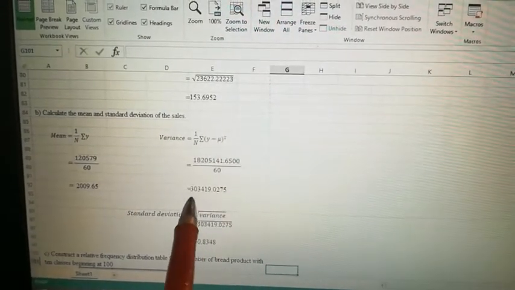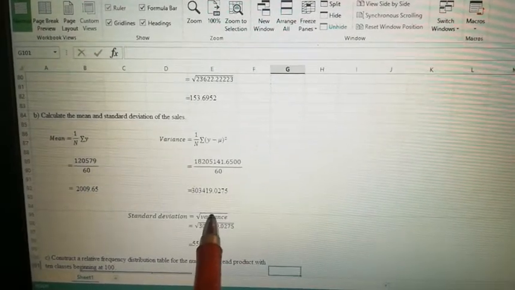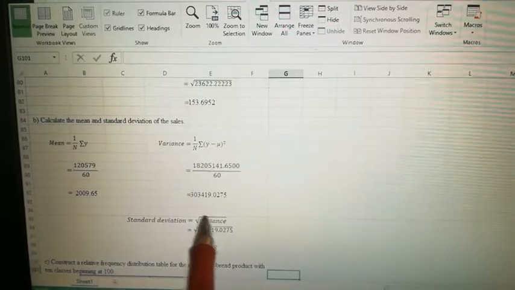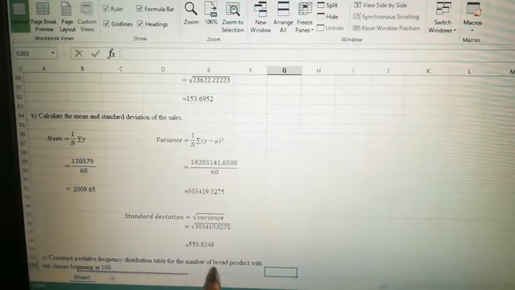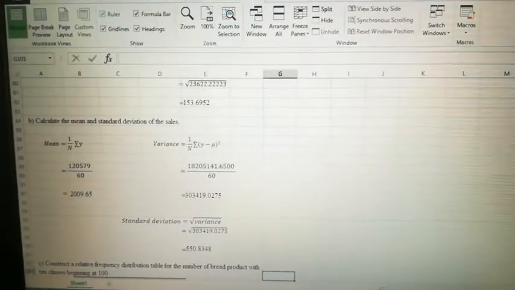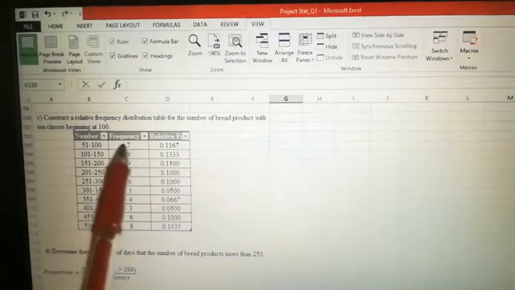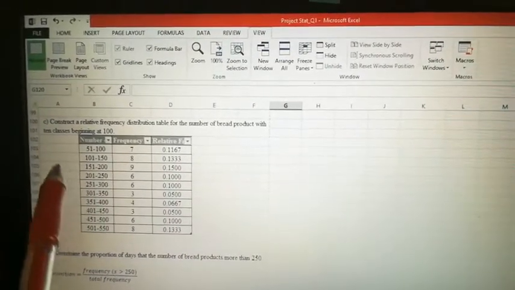Calculate, then the answer we get is 303,419.0275. For the standard deviation, just square root the variance, then we get the answer 550.8348. For question C, construct a relative frequency distribution table for the number of bread product with 10 classes beginning